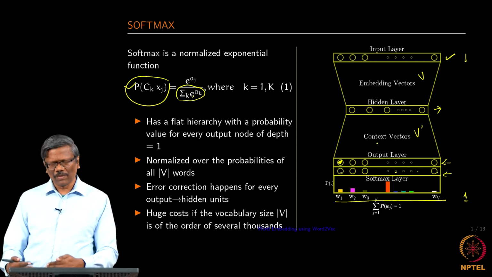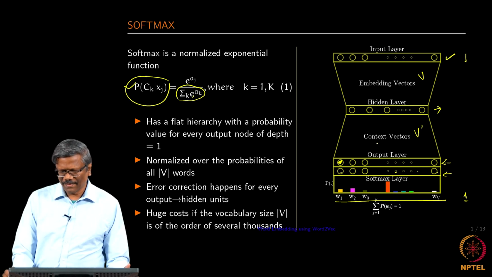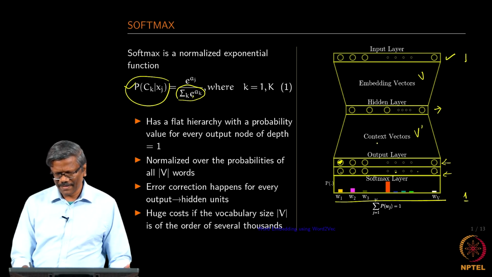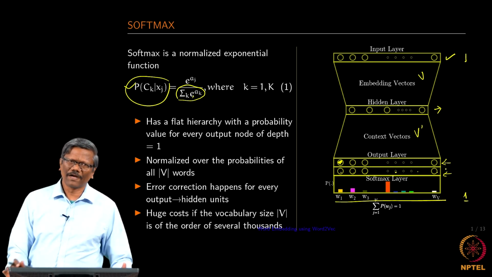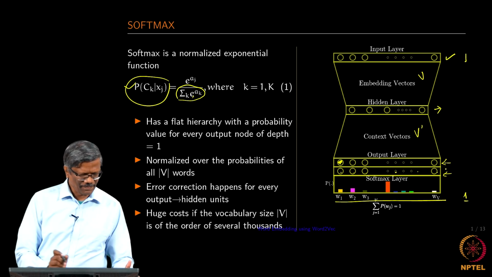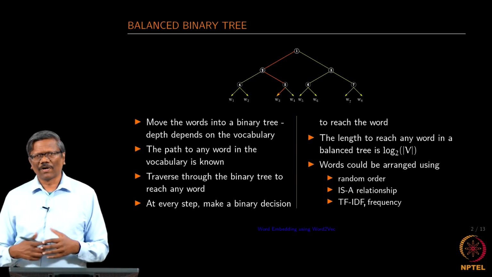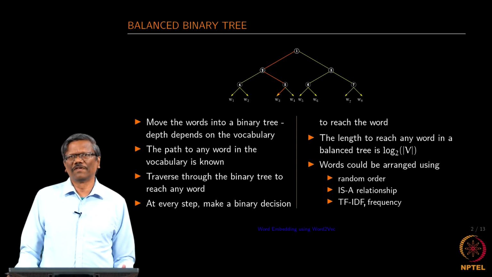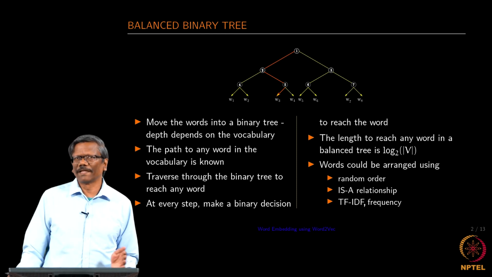So, the third one that we are looking at is improving the computational capabilities with respect to doing something with the softmax layer. So, we are going to be looking at what we are going to be doing in the softmax layers from the next slide onwards. So, before getting into how we can reduce it, let us keep those words in the vocabulary in a binary tree format. Okay. So, we are going to be looking at only the balanced binary tree.